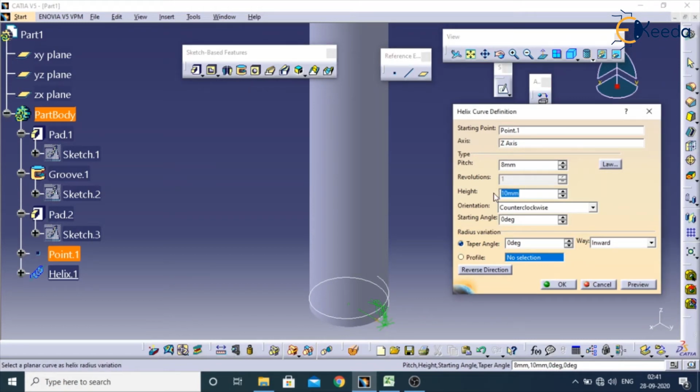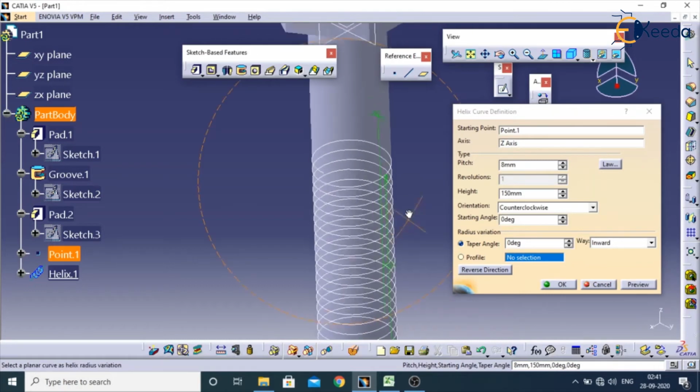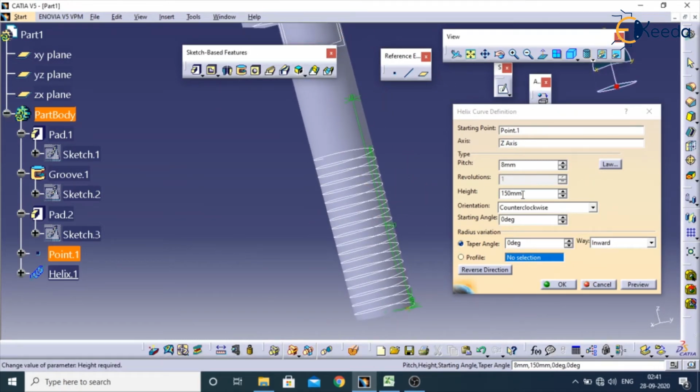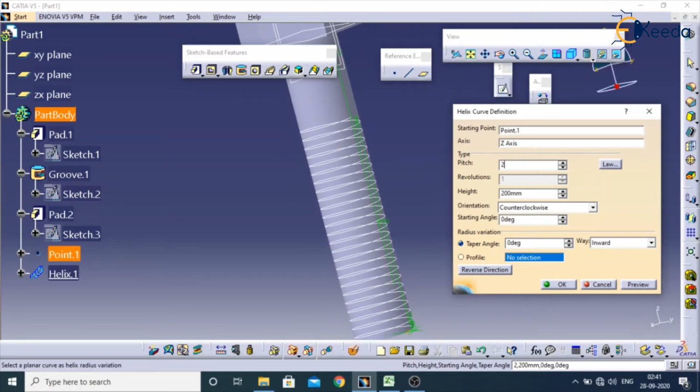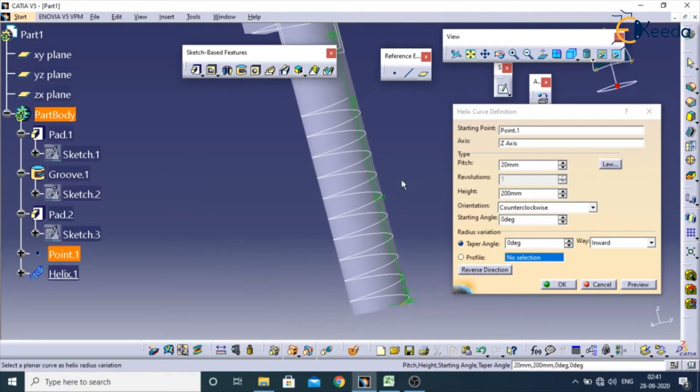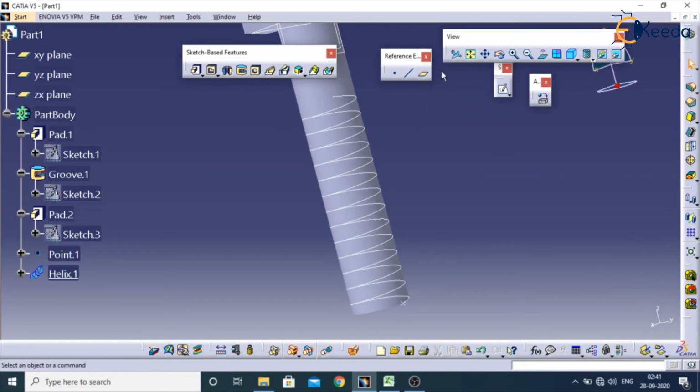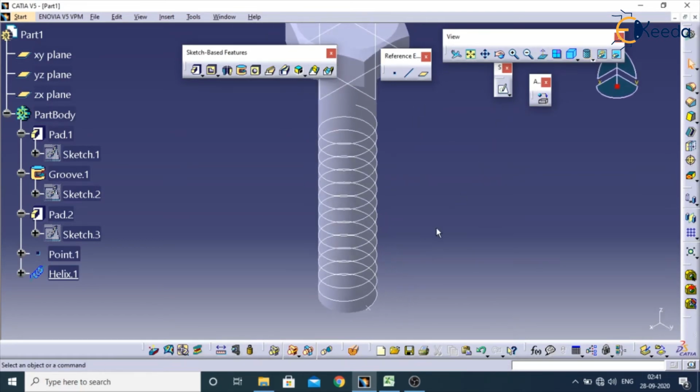Height I am giving some 150. If you need more threads, you should give some 200. And pitch I am giving some 20. Or I can decrease it again to some 15. Apply OK. Make it isometric view.